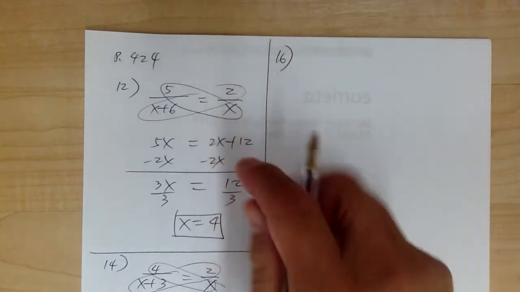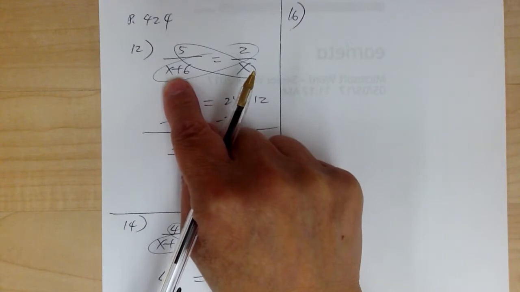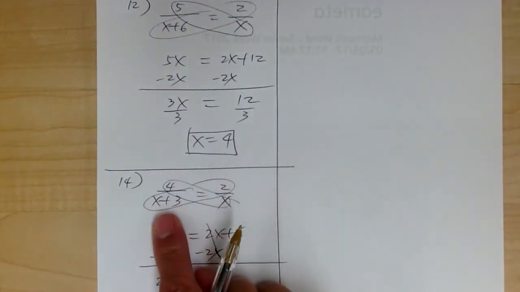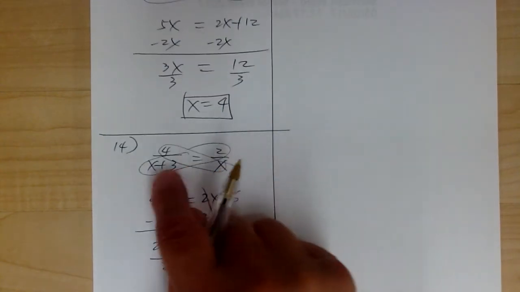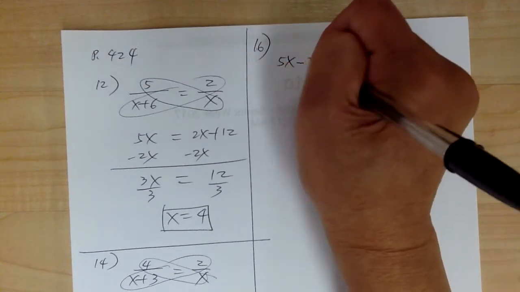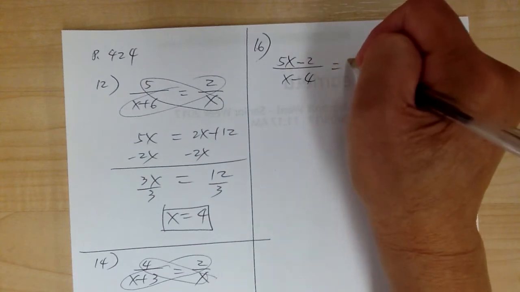Oh, by the way, you have to watch your restricted value. Notice over here the restricted value is -6, so that one's okay. This one, the x squared value is 0 and -3, so all these are okay. But when you get to number 16, you have